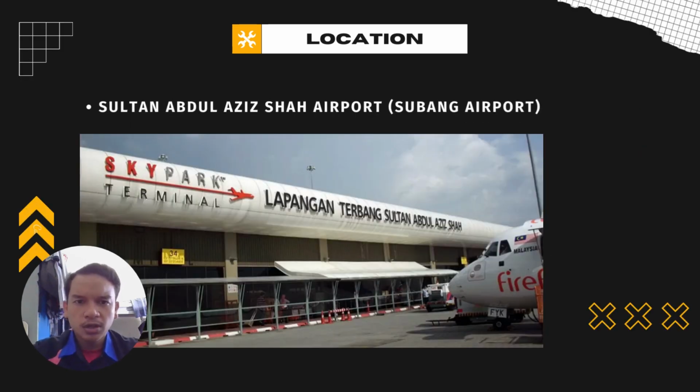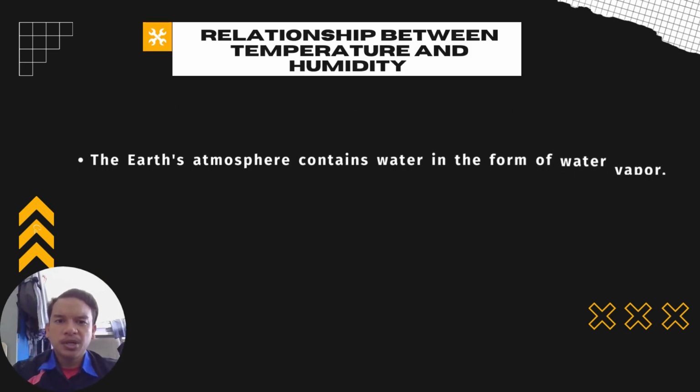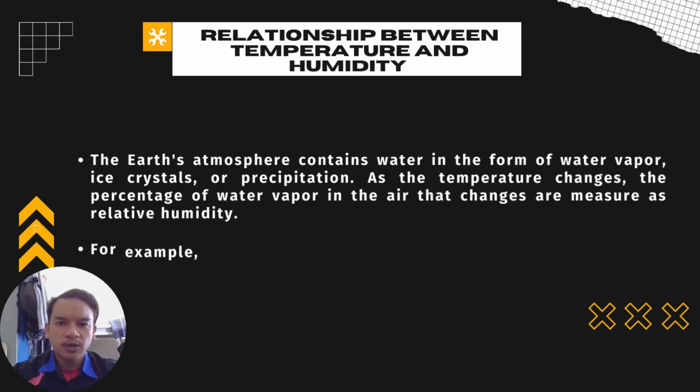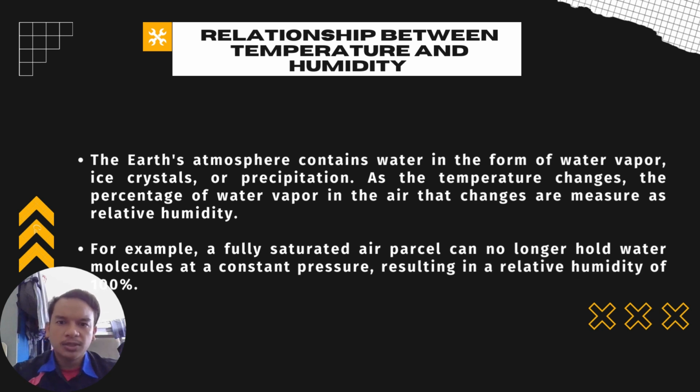So, where is the location? The location in our project is Sultan Abdul Aziz Shah Airport at Subang. The relationship between temperature and humidity: the Earth's atmosphere contains water in the form of water vapor, ice crystal, or precipitation. As the temperature changes, the percentage of water vapor in the air changes, measured as relative humidity. For example, a fully saturated air parcel can no longer hold water molecules at a constant pressure, resulting in a